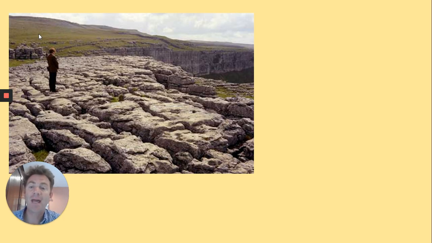And that is how, where that gentleman has stood, 300 million years ago he would have been underwater, stood on coral. That rock has been forced up high, about 300 meters up in the air now, okay, and it's